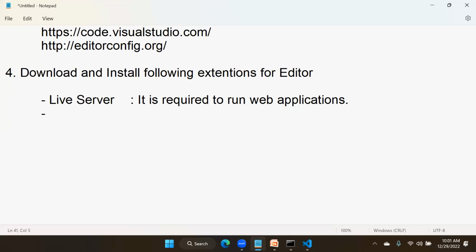Now another extension I will recommend you try also. You download VS Code icons. Another one, icons. You search for another extension called VS Code icons and you install it. VS Code icons is not mandatory. Live server is mandatory, VS Code icons is not mandatory, but it is good because as a developer in a